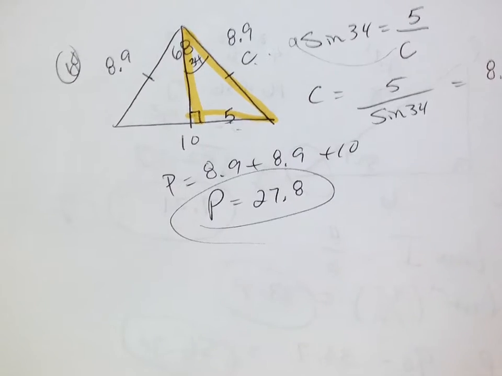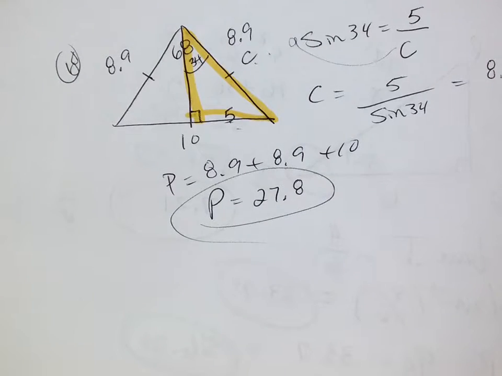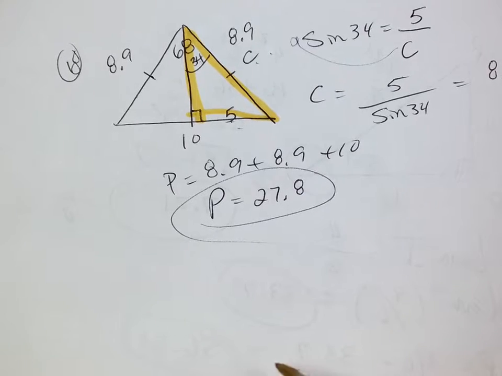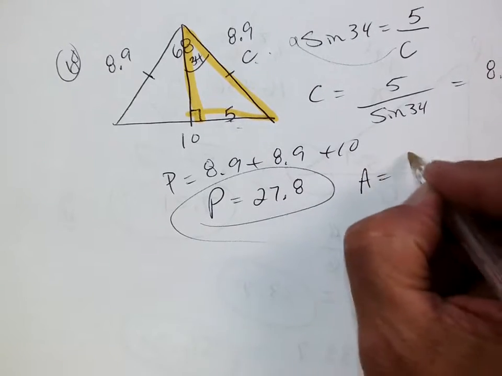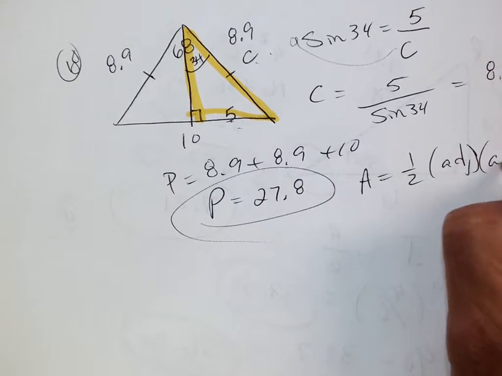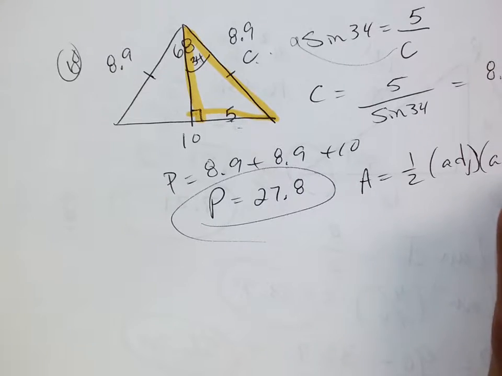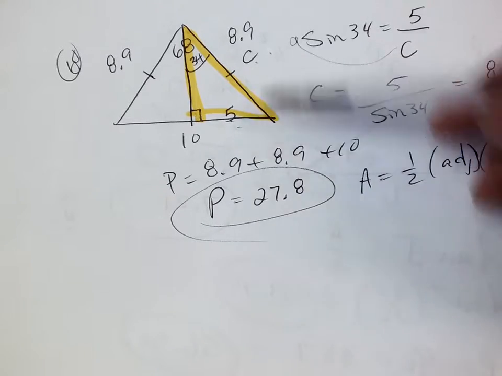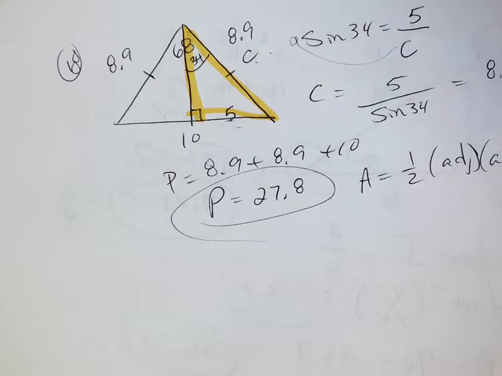Now, area. There are two ways to do area, but there's a really easy way. Let's do the easy way, okay? We have a formula for area. It's 1/2 adjacent times adjacent times the sine of the angle. That's the easy way. Otherwise, we'd have to find this height and do base times height divided by 2. It's so much easier because we can go area